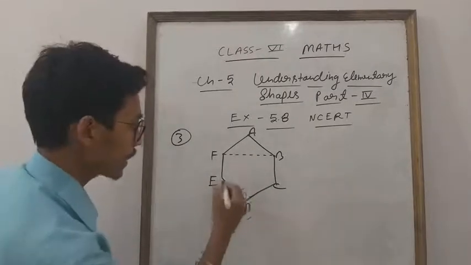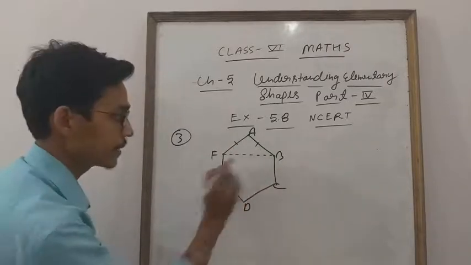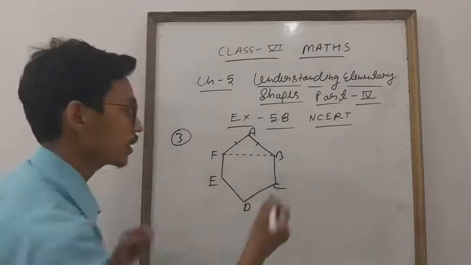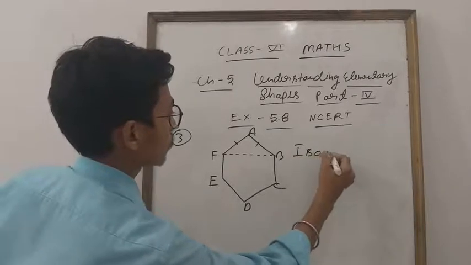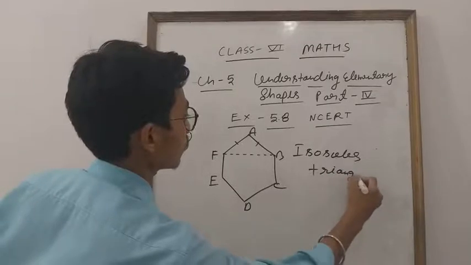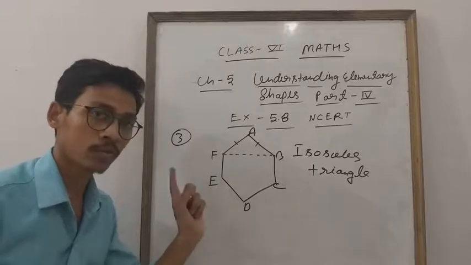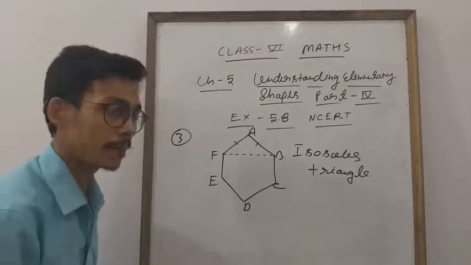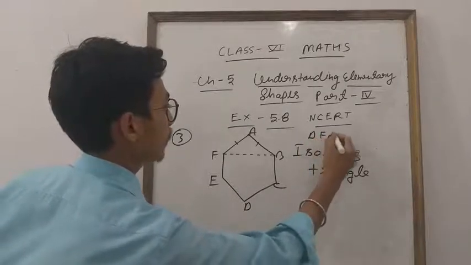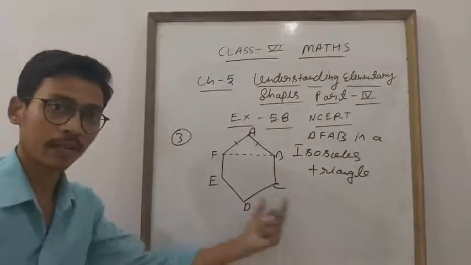You know that all sides of a hexagon are equal. I draw. So all sides are equal, then these two sides are also equal, and this one is unequal. If two sides are equal and one side is unequal, then what is it known as, student? This is known as an isosceles triangle. I explained this many times. Why are two sides equal? Because all sides I took equal length. Okay, you will also take. So all sides are of equal length. This is a hexagon. Okay, so you will write down triangle ABC is an isosceles triangle. Look, this is very easy.